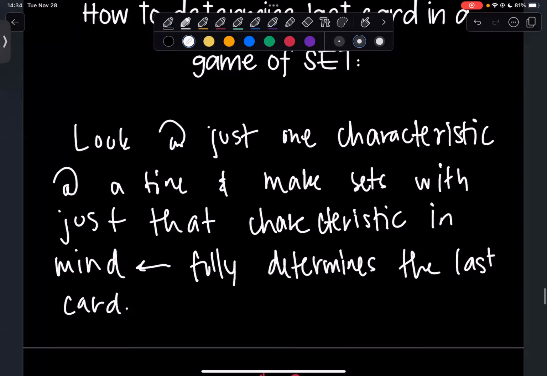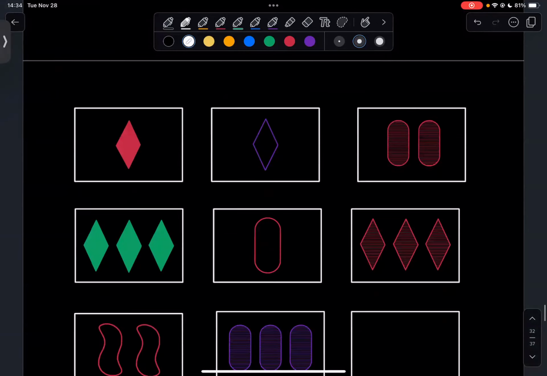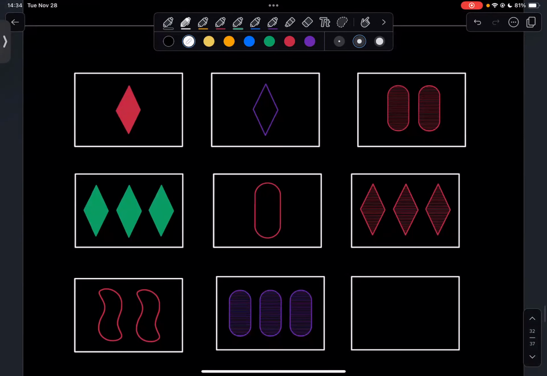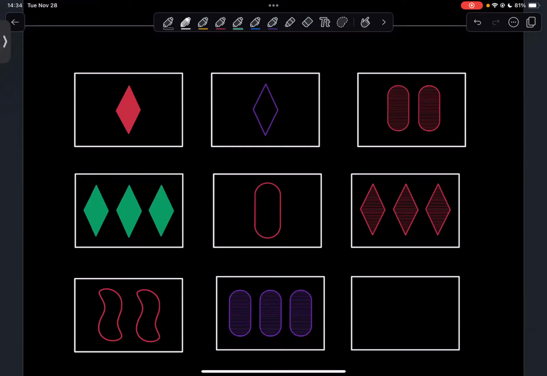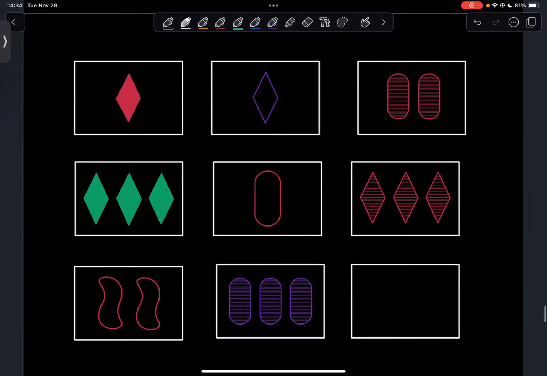Okay, and I'm going to skip a little bit of the explanation. I did give a little bit of it here, but let's just try to think about how do we actually determine this here. So if I give you any random 8 cards, it's not necessarily the last 8 cards of a game. So I did have to be pretty strategic on which ones I picked here. So this is assuming I did not make any mistakes prior. I can now determine exactly what this card has to be. So I can look one characteristic at a time.